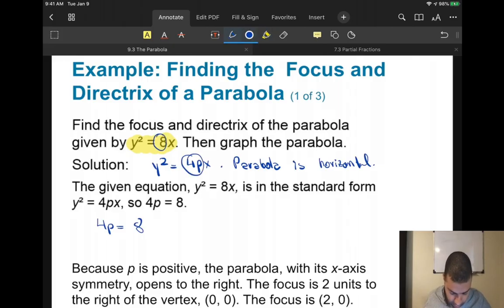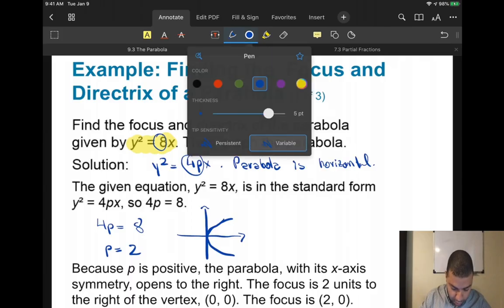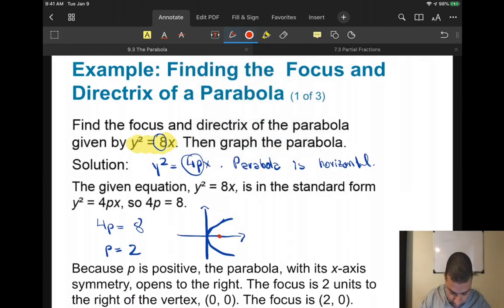8 equals 4p. So then p equals 8 divided by 2, meaning p equals 2. So if I were to graph my parabola, y squared equals 4x means it's horizontal, and because 8 is positive, it's opening to the right. So it's like this. Okay? So to find the focus, I move p in that direction. So it's (2, 0). For the directrix, I move p in that direction, -2, and it's a line this time,